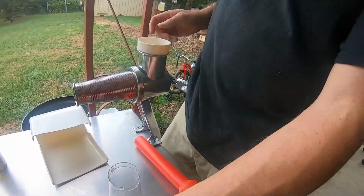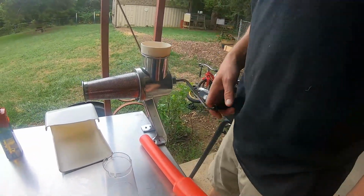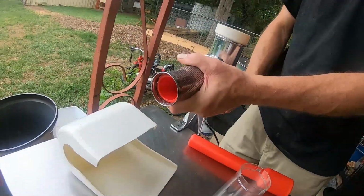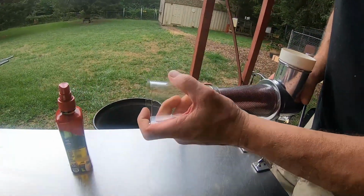So this just sits inside a little groove, and it spins. Right now, nothing in there, so I'm not going to be spinning it. All right, so this little piece right here goes on the end. It just snaps on,